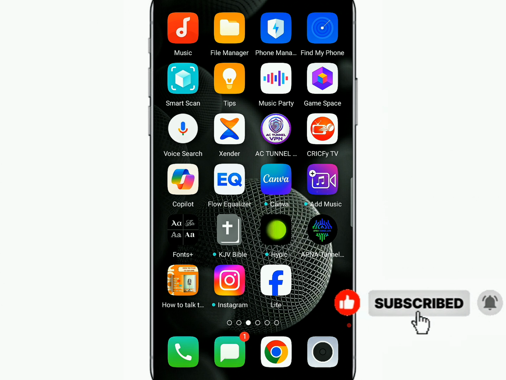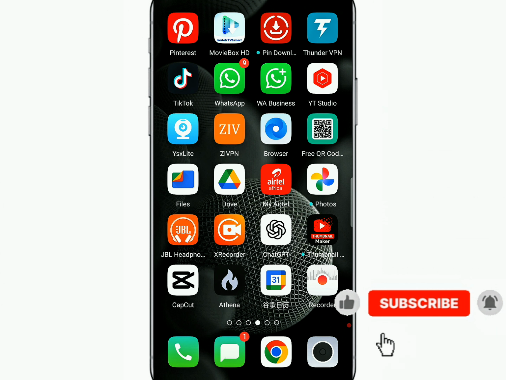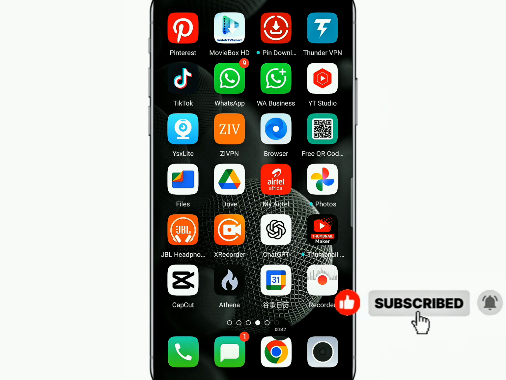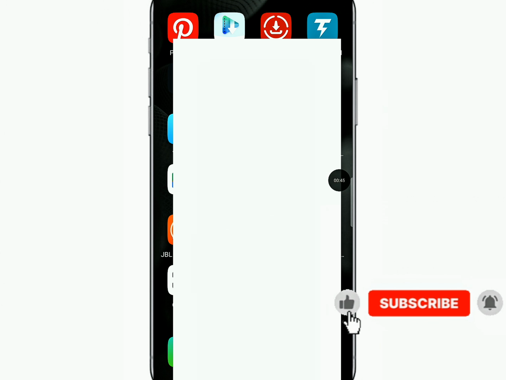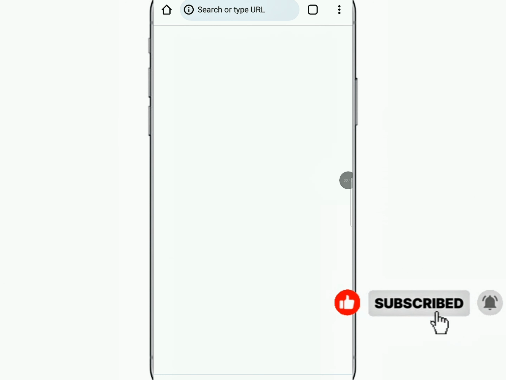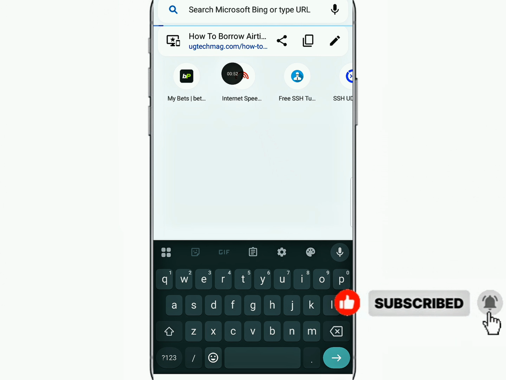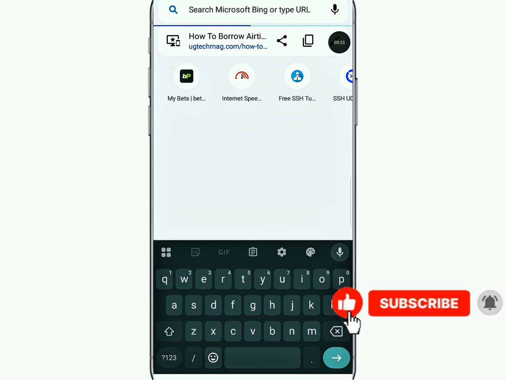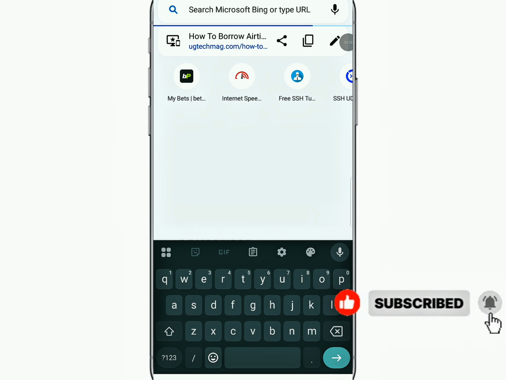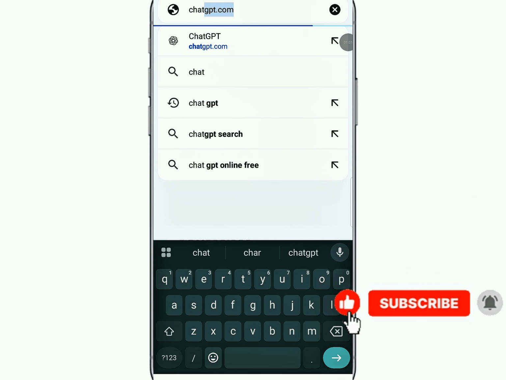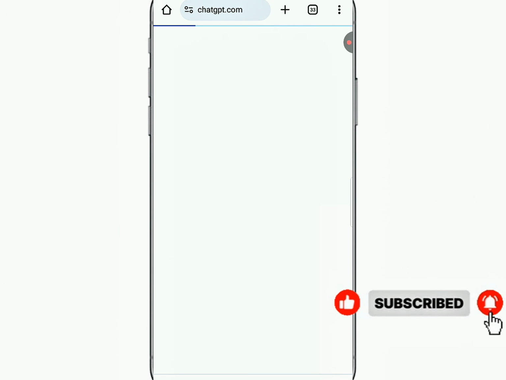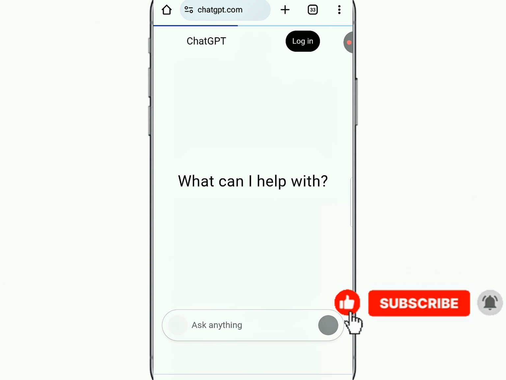So, you don't need any software on your phone. Whether you have an iPhone or an Android, let us all be having Google Chrome. So I'm going to go to my Google Chrome application and open it. Then I go to the search bar, and I'm going to search ChatGPT.com, and here I'm going to show you how you can prompt for the review,